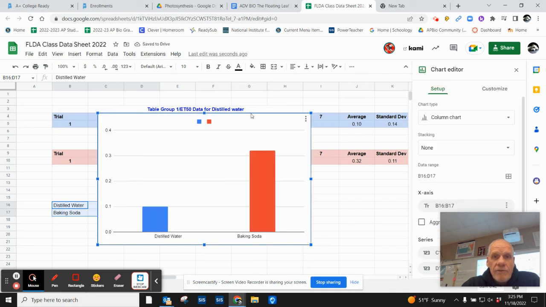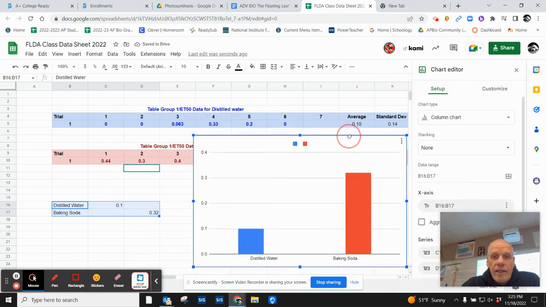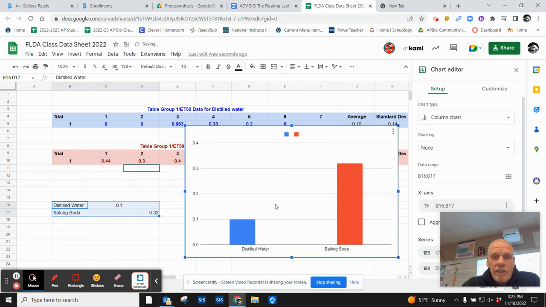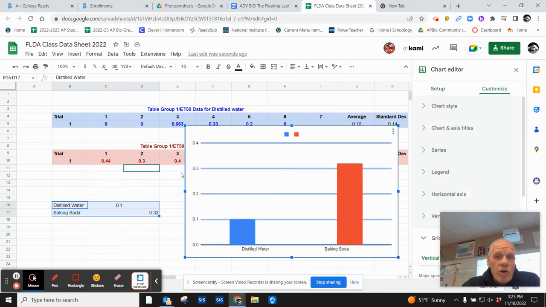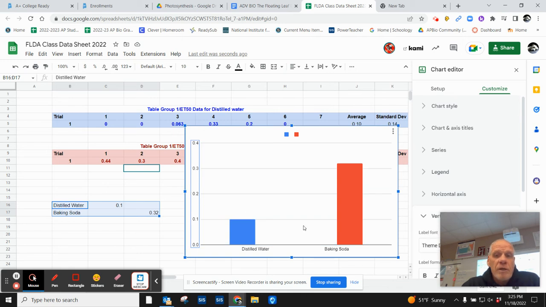Now I'm going to get a graph like this, but now I need to go ahead and add stuff. I have to give an x-axis, a y-axis. You might wonder, what is the y-axis? The y-axis is basically floats per minute, because we recorded our data in minutes, so my y-axis data would be floats per minute. The reason why we do the ET 1 over ET50 is, as you can now see,